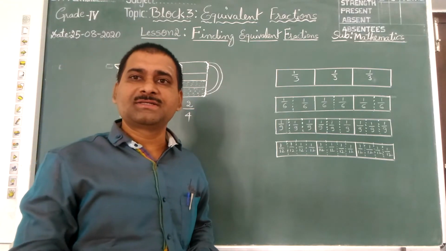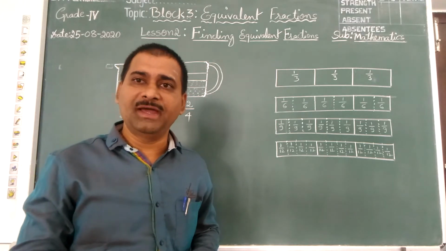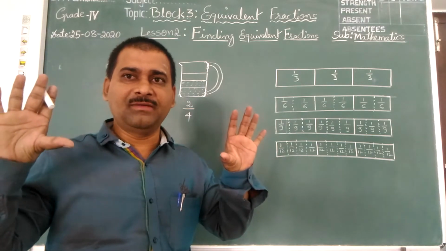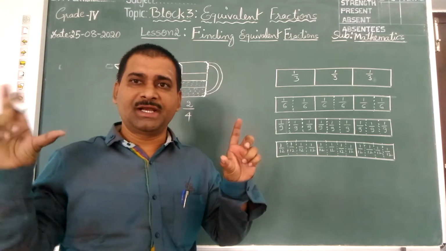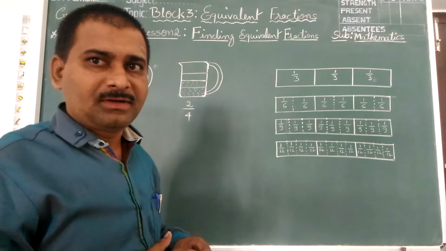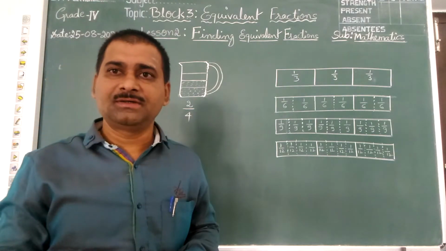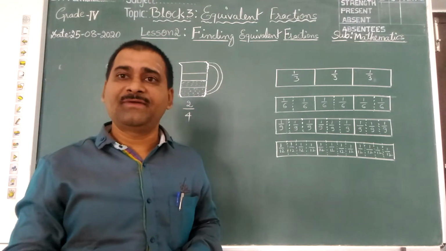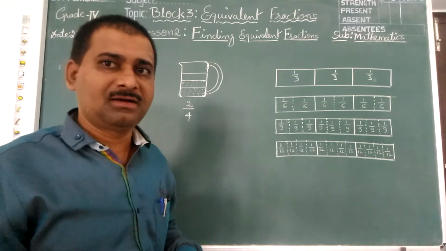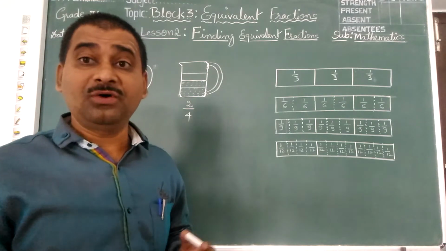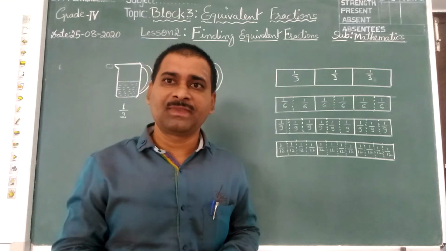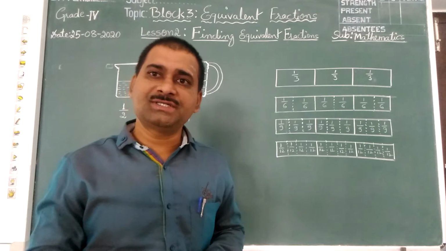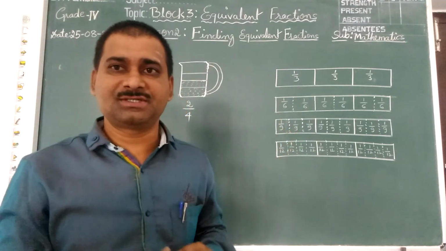So, in the last class, we discussed how to compare fractions. That is, when fractions are given, you are able to identify which is greater and which is smaller. In that case, you learned like fractions and unlike fractions. Who knows like fractions and unlike fractions? Only they can compare fractions. If you don't know like fractions and unlike fractions, it is difficult to find which is smaller and which is greater among the given fractions.